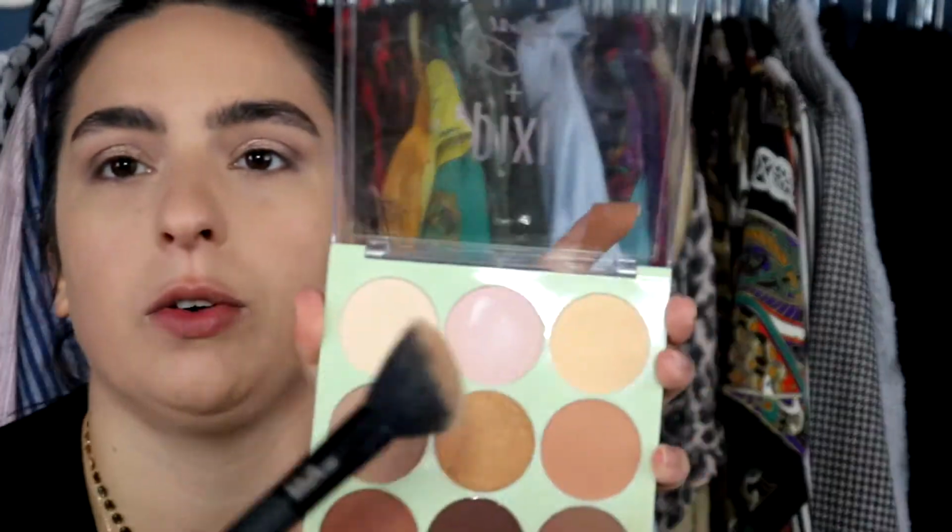Okay, we're set. We're actually going to use said contour powders, and I'm gonna go in with mixing this warmer and this grayer one with my angled